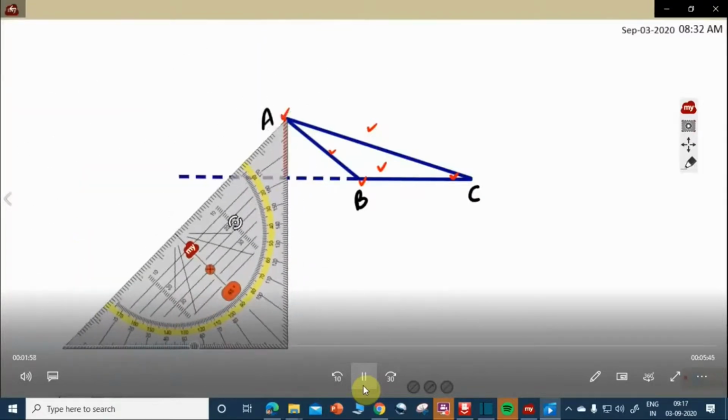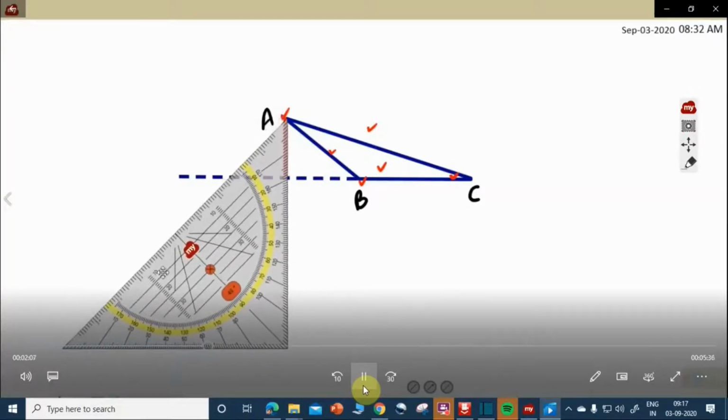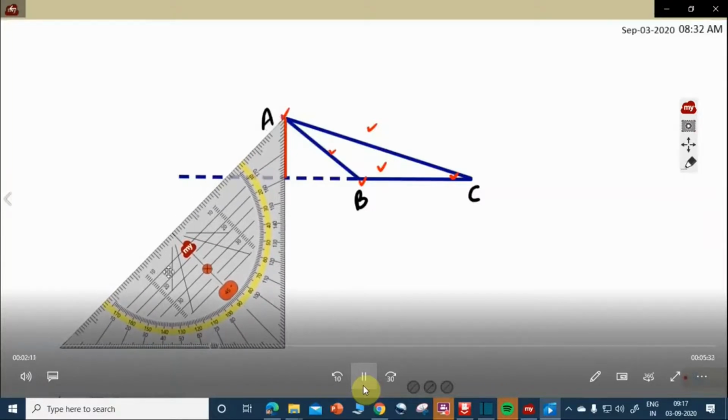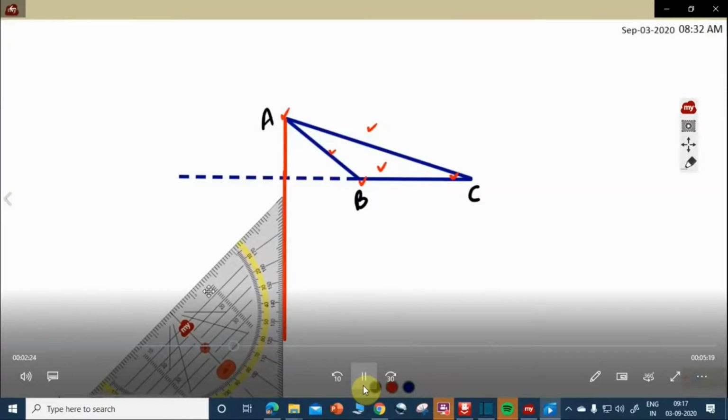And please note that in the case of an obtuse angle triangle, the orthocenter will be outside the triangle. So we need to extend the altitude as much as possible because we don't know where exactly it is going to come. So we will extend as much as possible so that on the paper when you are drawing, you should have space below the triangle for extension, as in my case on the screen. So I'm extending it in such a way that the orthocenter may be somewhere down. That I will come to know only after drawing where exactly the point of concurrence is.